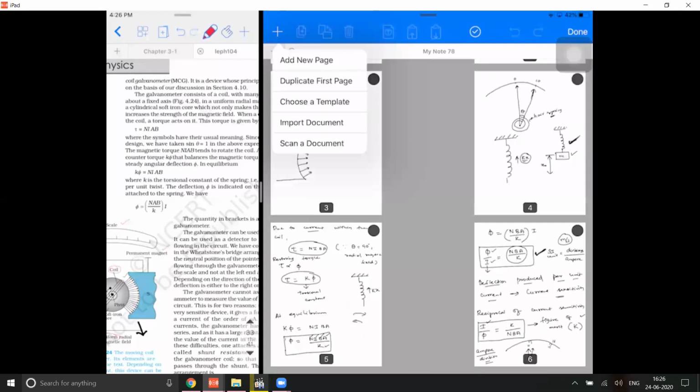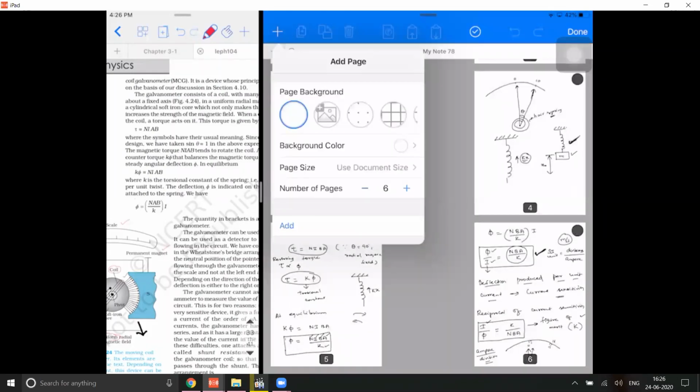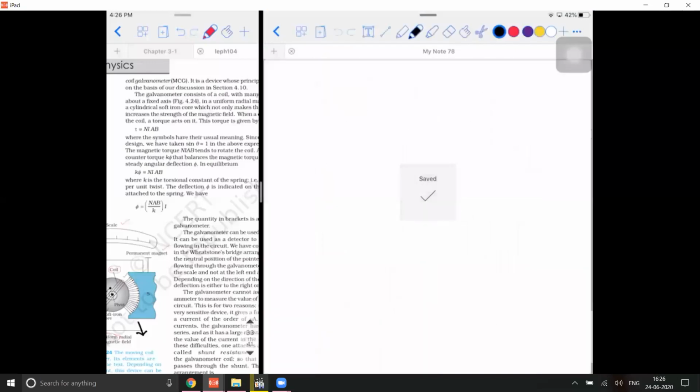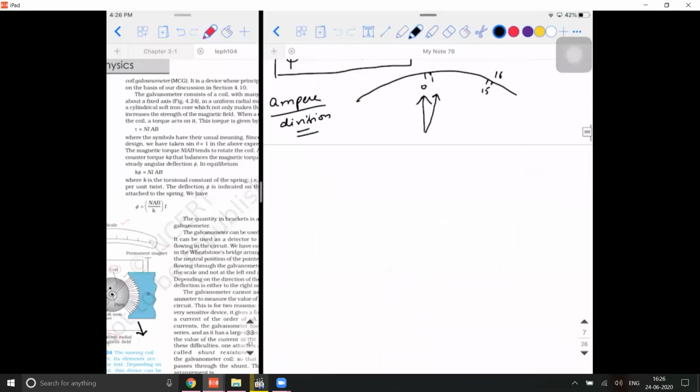So, similar to current sensitivity, you have another term called voltage sensitivity. Suppose a question like this: define voltage sensitivity. It is similar to current sensitivity only, but you need to do a small change. What is voltage sensitivity? Phi by V. Deflections. The amount of deflection produced per unit volt. So when you apply 1 volt, how much deflection is produced is what is called voltage sensitivity.